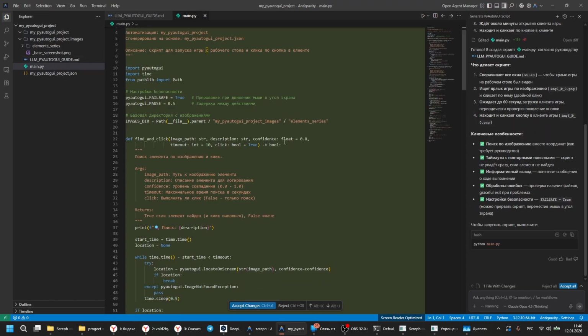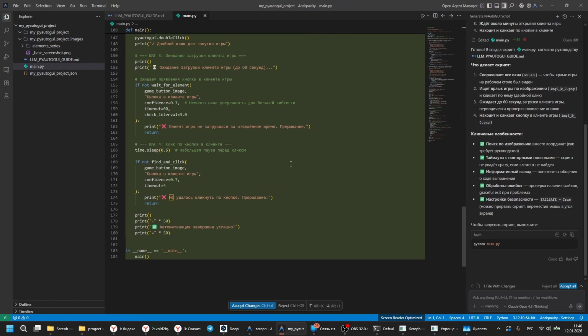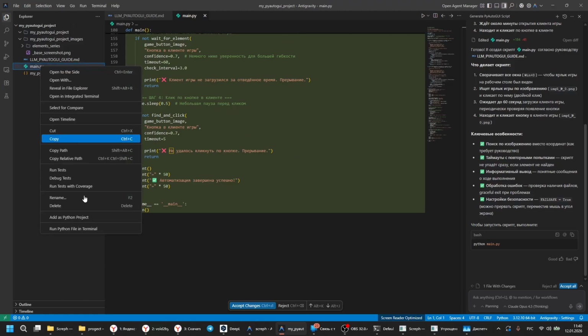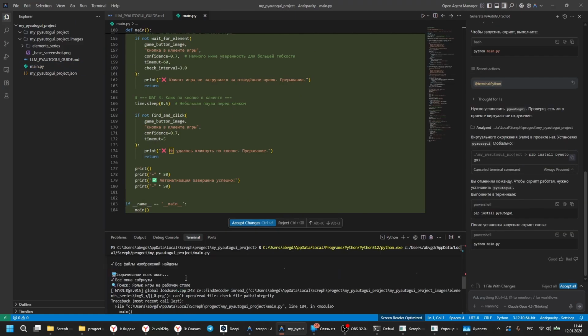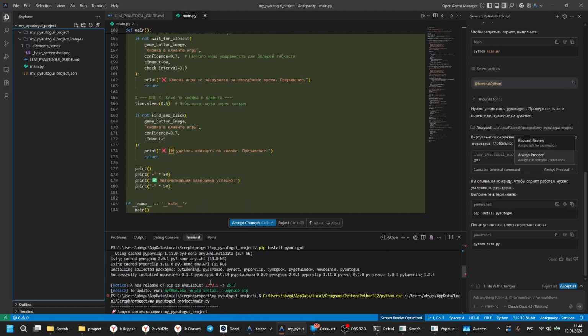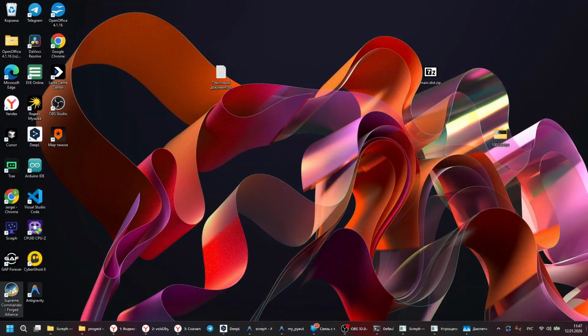The script was created, of course I won't check it, and let's try to run it right away. I installed PyAutoGUI by copying the command